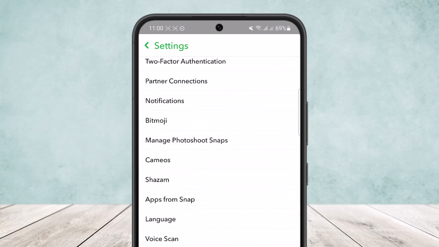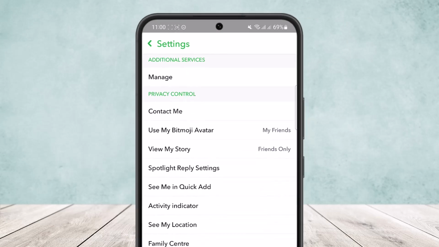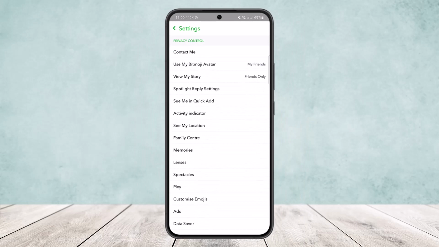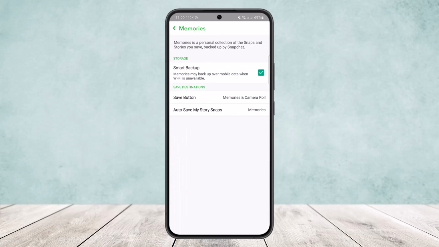Here scroll down until you find the option memories. Now here under privacy control, you can see below family center and above lens is the option memories. Simply tap on that memories option right there, and here the first thing what you'll need to do is you'll